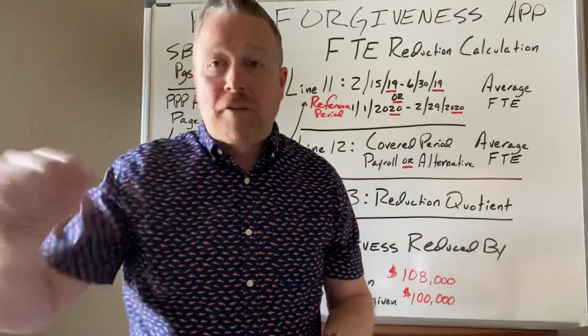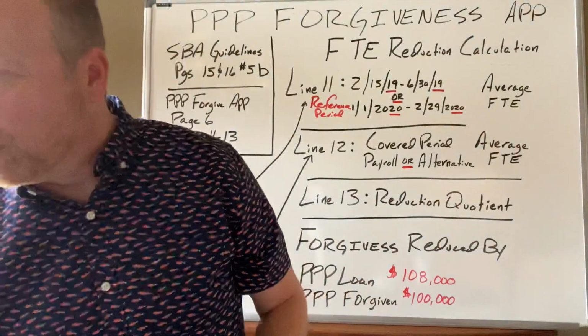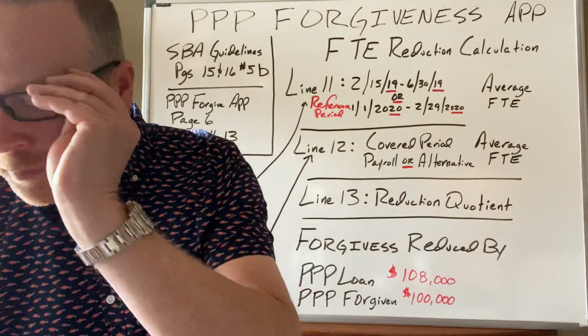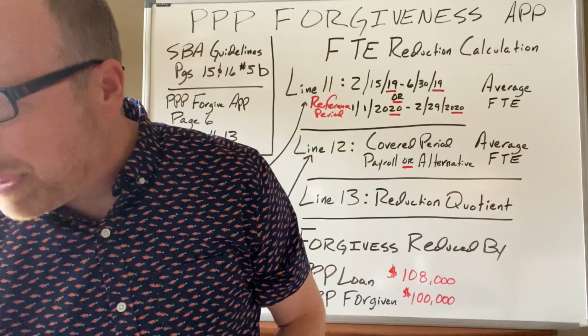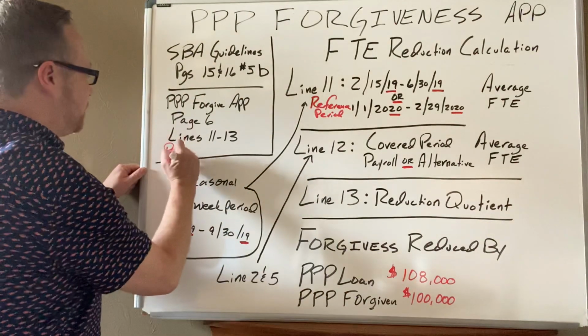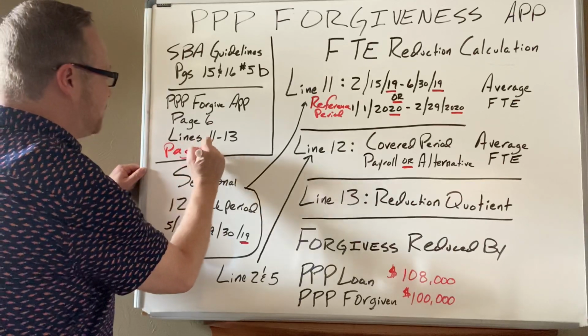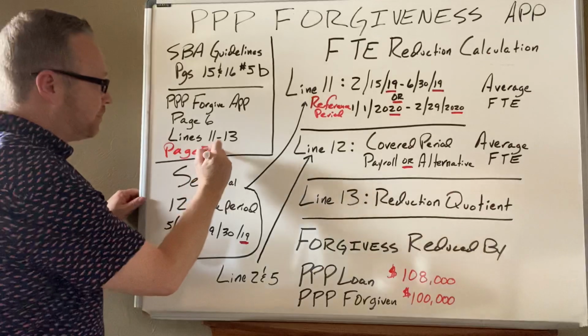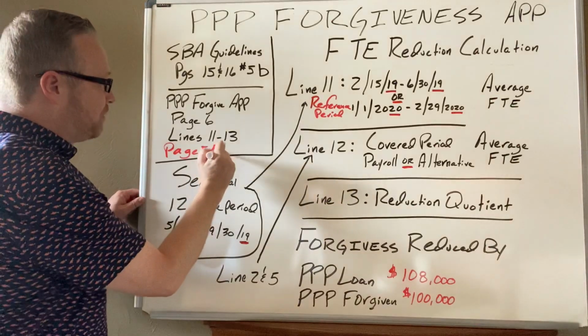Okay? And from the application. Now, when you're looking at the application, also on page 5, it talks about these line items as well. So when you're trying to figure these out,